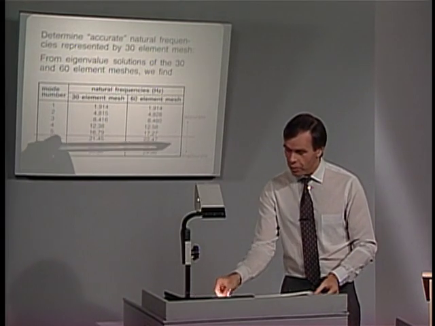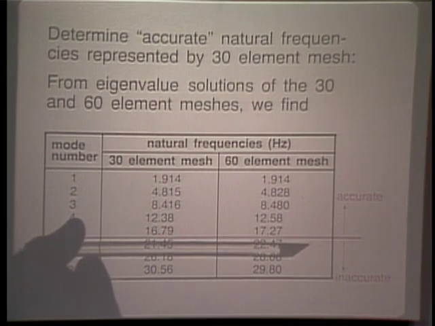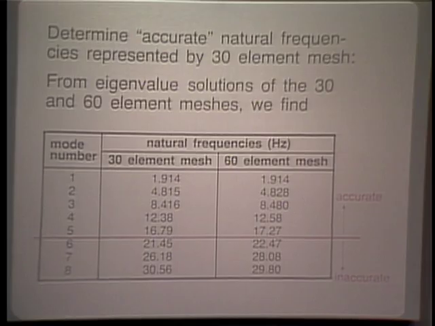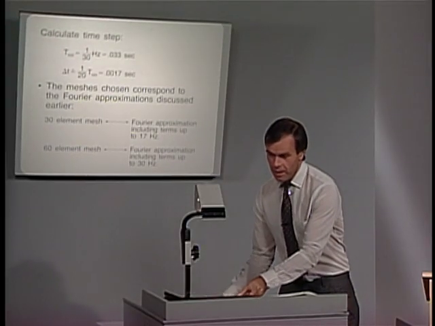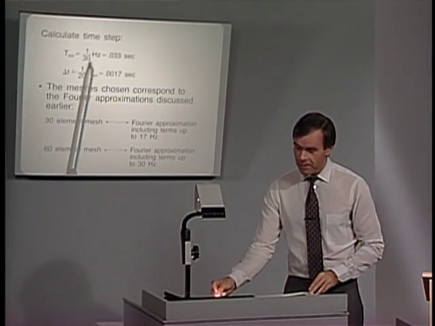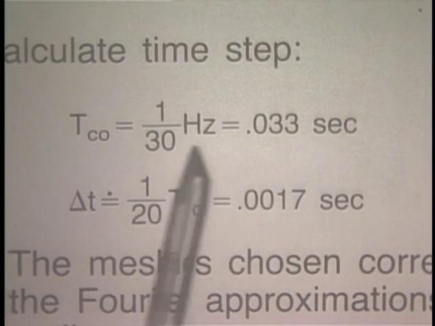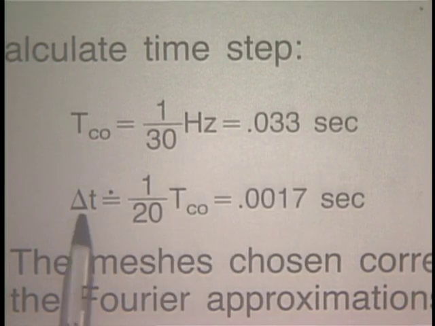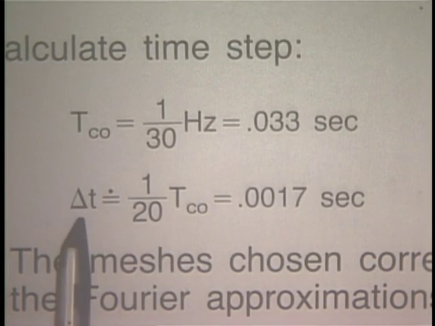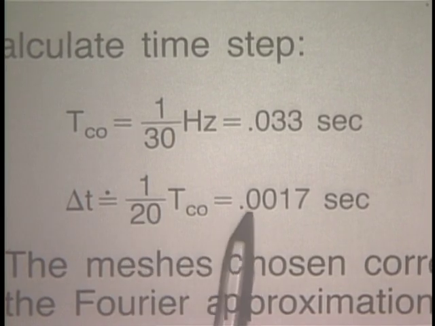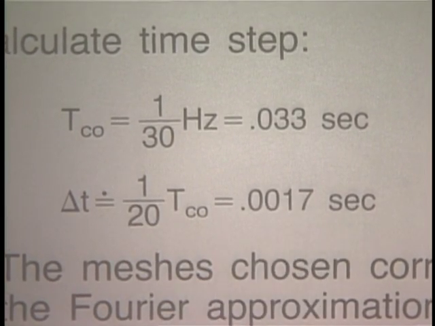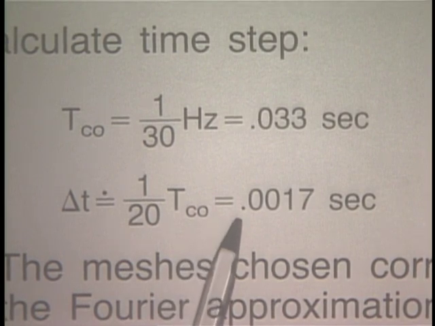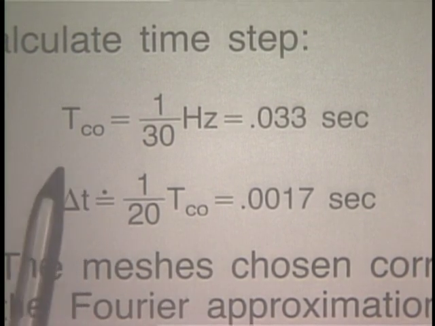So we say that for the 30-element mesh, we have accurately represented now the frequencies up to 17 Hz, and therefore that is a mesh to use. We calculate the time step via this relationship here, with the cutoff period being 0.033 seconds, and delta t then is given here as 0.0017 seconds. This mesh now should be integrated with this time step,